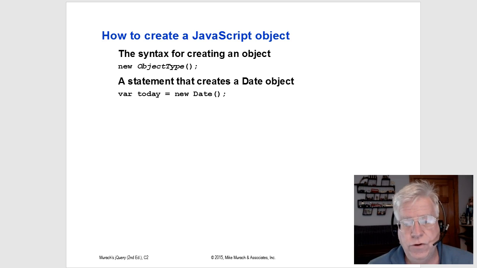Now, if you wanted to, you could create 3 or 4 date objects. You could call one pizza, one ice cream, one whatever, and say var pizza equals new date object, var ice cream equals new date object. So you can have multiple variables, multiple objects within your code. So what I'm going to do